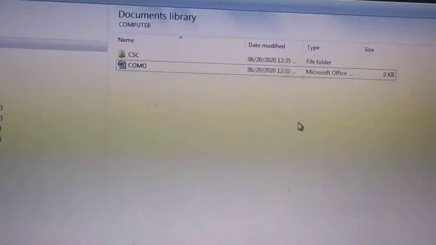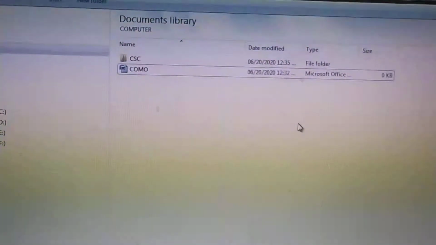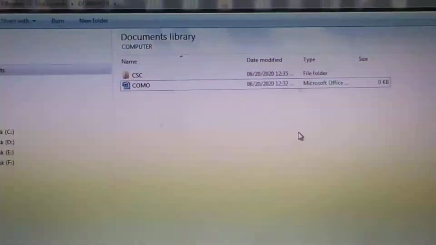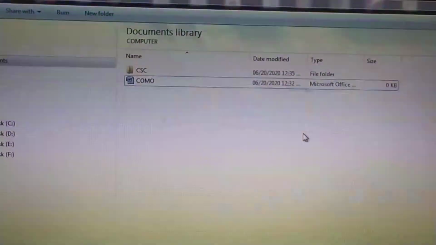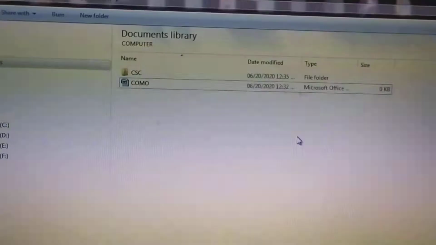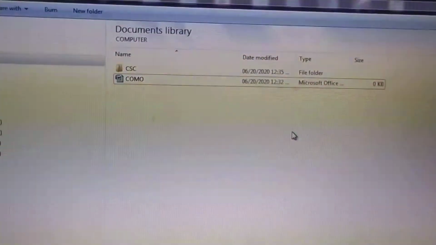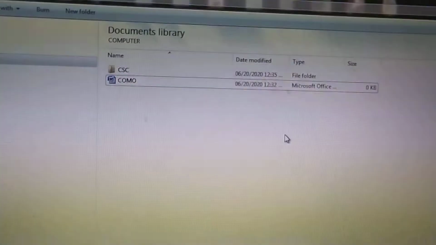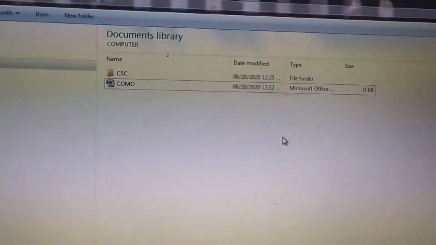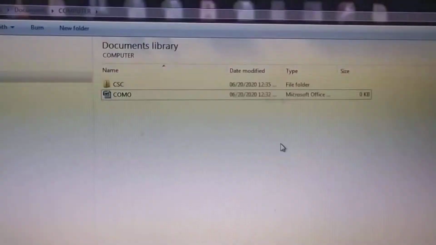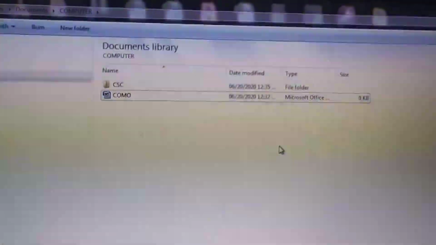Deleting means if you want to remove a file or a folder from your computer, there are two choices. You can remove your file or folder from your computer permanently, or you can remove a file or a folder from your computer and it will go in recycle bin. Recycle bin is the dustbin in the computer which helps to store the deleted files. If we send a file in recycle bin, then we can restore those files anytime. But if we have deleted our file permanently, we cannot restore it.